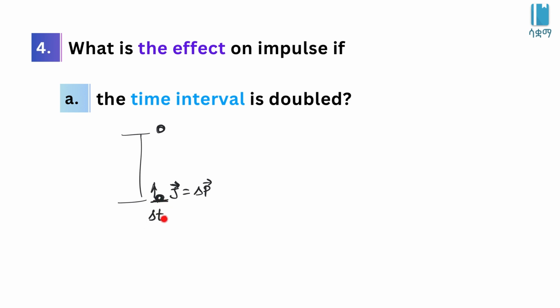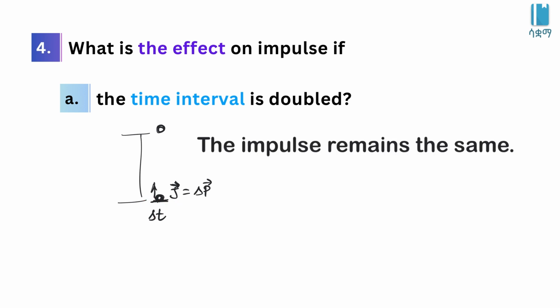There is a variation in the time interval delta t ground ላይ, ማለት intact የሚሆንበት ወይም bounce በሚያደርግበት ጊዜ ከግራውንዱ ጋር የሚቆይበት fraction of seconds አሉ, delta t. እና እንደምታዩት the change in momentum only depend የሚሆነው ምንድነው, the initial momentum and the final momentum ነው. It's not depending on what, the time of contact. So here with simple answer, the impulse remains the same, impulse ተመሳሳይ ነው የሚሆነው. So time of contact doubled ሆነ tripled ሆነ it doesn't matter, because the impulse only depends on the change in momentum.